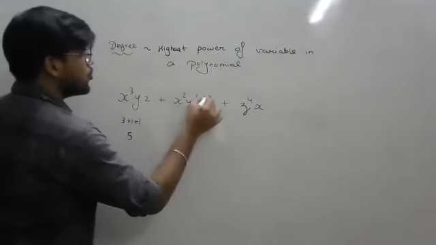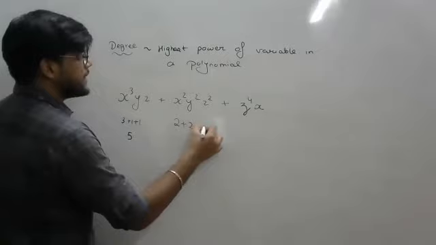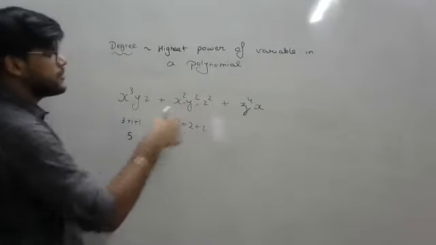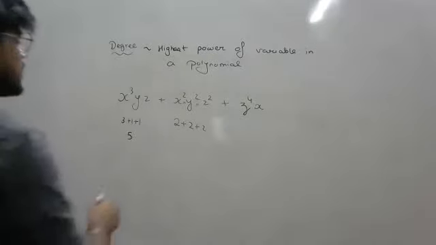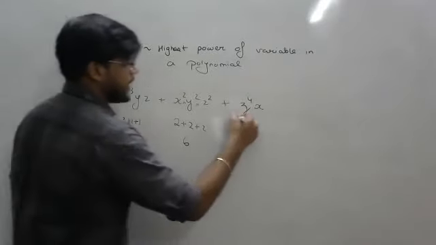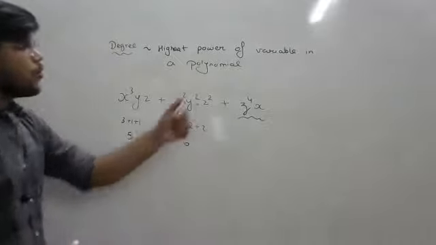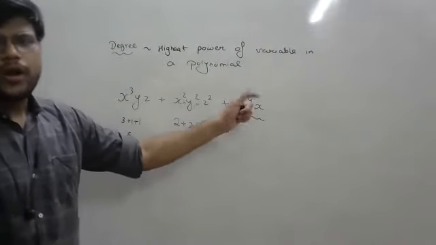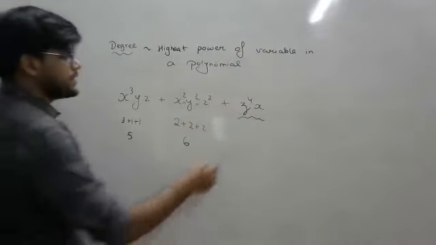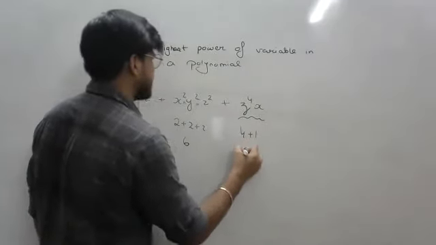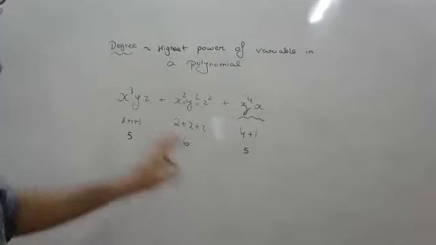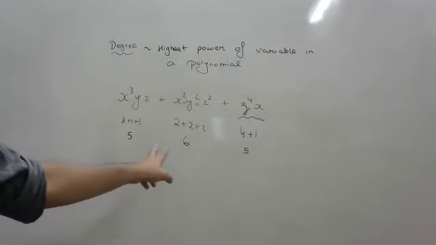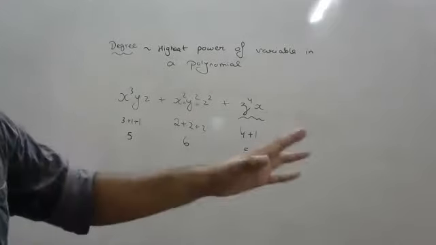Here 2, 2, 2. If they are in multiplication, it is a multiplication method, and in that situation you have to add. So here it would be 6. And in this particular scenario, the variable z's power is 4, and in the case of x, it will be 1. So 4 plus 1, it's 5. If you study this carefully, it would be very clear. 6 is the highest power among all the 3 terms.